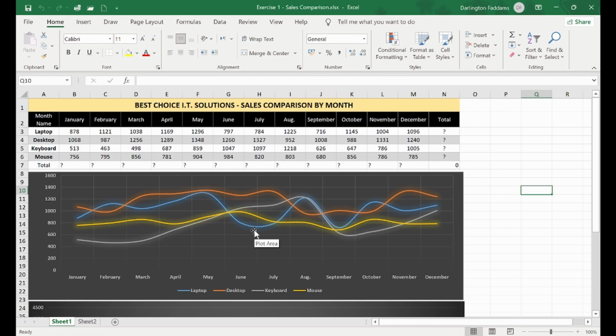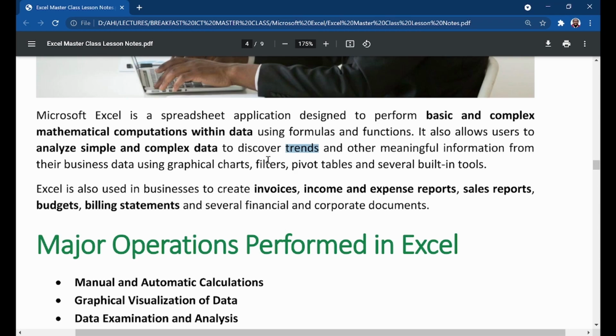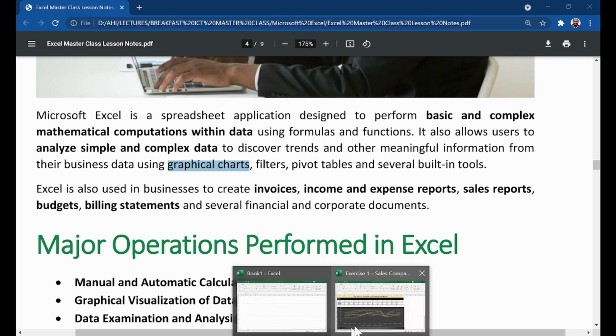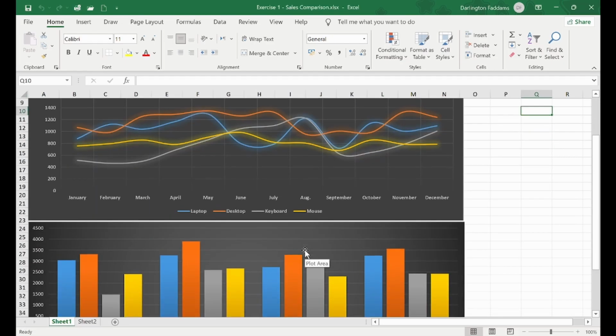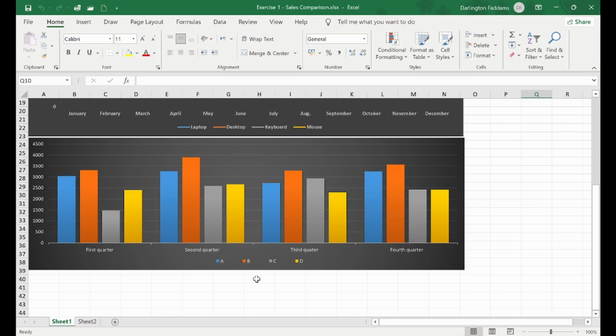When we go through your entire data, we can gather that information. So Excel allows you to analyze data, to give you the trends and other meaningful information from your business data. And it can use graphical charts to give you that information. For example, the chart I just showed you, it gives you information. When you look at the next chart here,